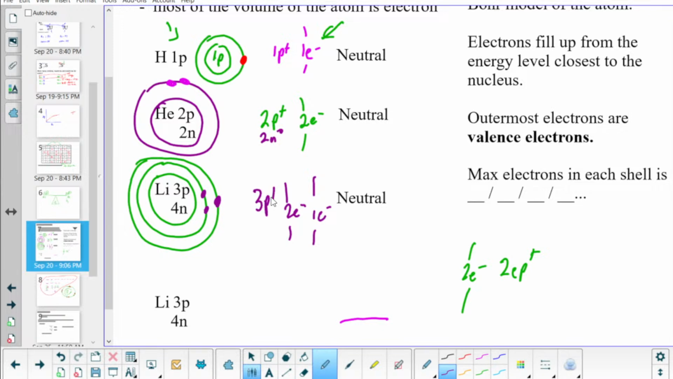3 protons, 4 neutrons, 2 and 1. There we go. What's the most likely charge? Positive 1. Why? That's where it is in the periodic table, which is a good practical answer. Why is it there in the periodic table? Yeah. Because